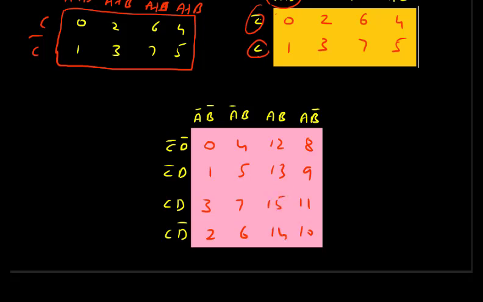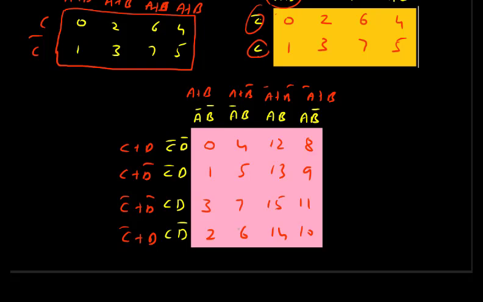The same cell values are true for POS as well, only the difference will be there. Instead of A here, we would have A or B, here A or B bar, here A bar or B bar, and here A bar or B. Same thing here: C or D, C or D bar, C bar or D bar, and C bar or D. So please learn these numbers by heart. You will need to remember these numbers while solving the K-map.